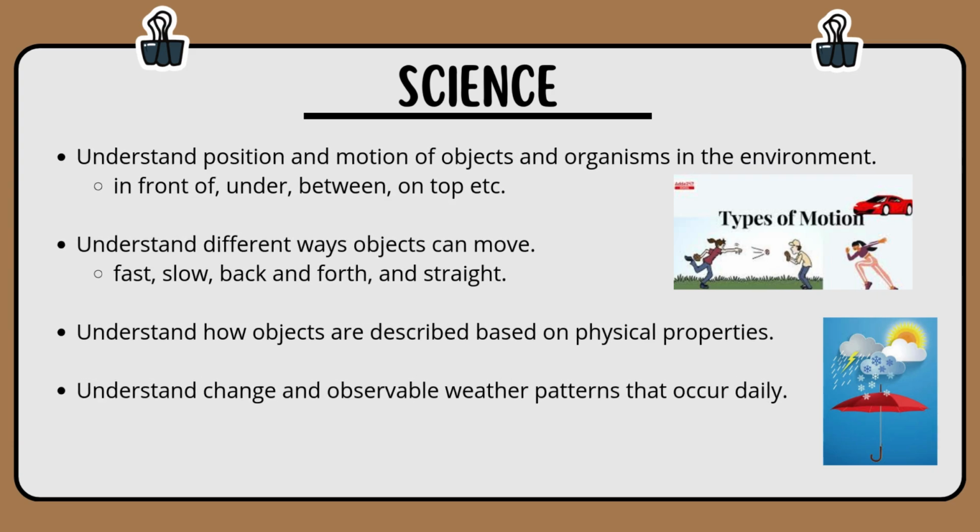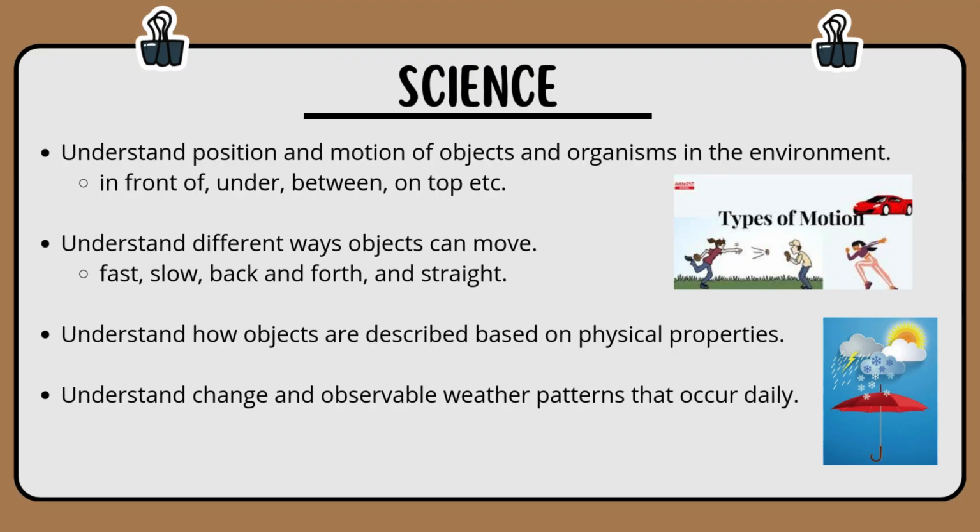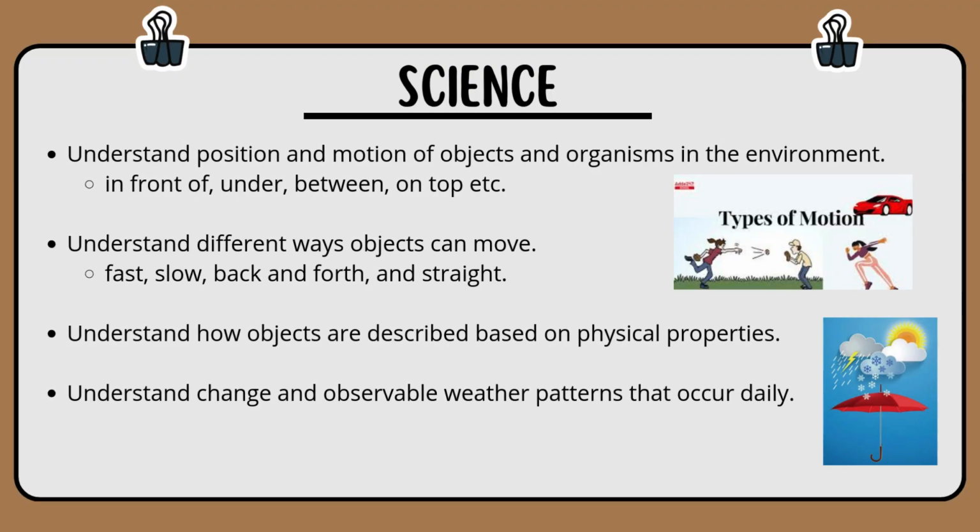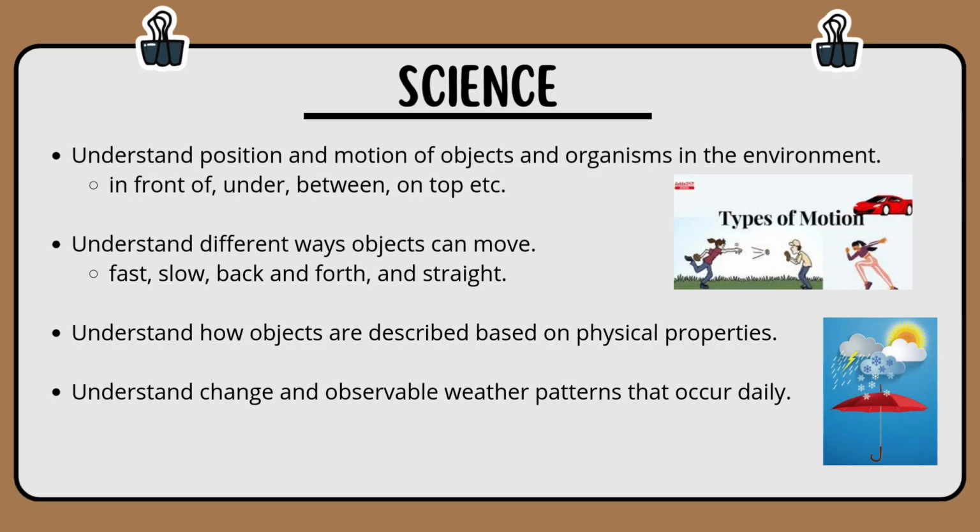In science, we grasp a better understanding of position and motion of objects and how they can be in front of, behind, between, on top of, etc. This also is covered in our math class within our Sadlier math book. We can understand different ways of how objects can move, whether they're back and forth, slow, straight, zigzag, that it's